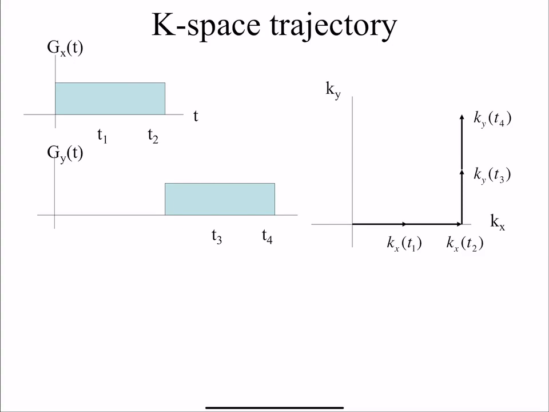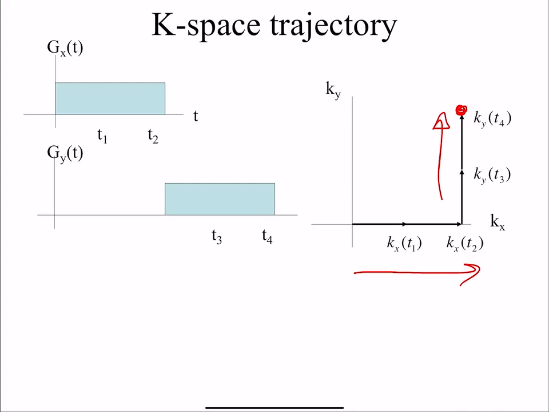So here's a k-space trajectory where I turn on the gradient in gx, and then I turn it off, and then I turn on the gradient in gy. Okay. So if you notice here, first I turn on the gradient along gx. So I'm going to move along this trajectory here because I'm accumulating, the kx integral is getting bigger. Okay. Then I turn off the gx gradient, so there's no more kx. That kx is not going to get any bigger. I then turn on the gy gradient, so now ky is going to get bigger. So I move in this direction. Okay, so I turn one gradient on, I turn it off, and I got out to this point